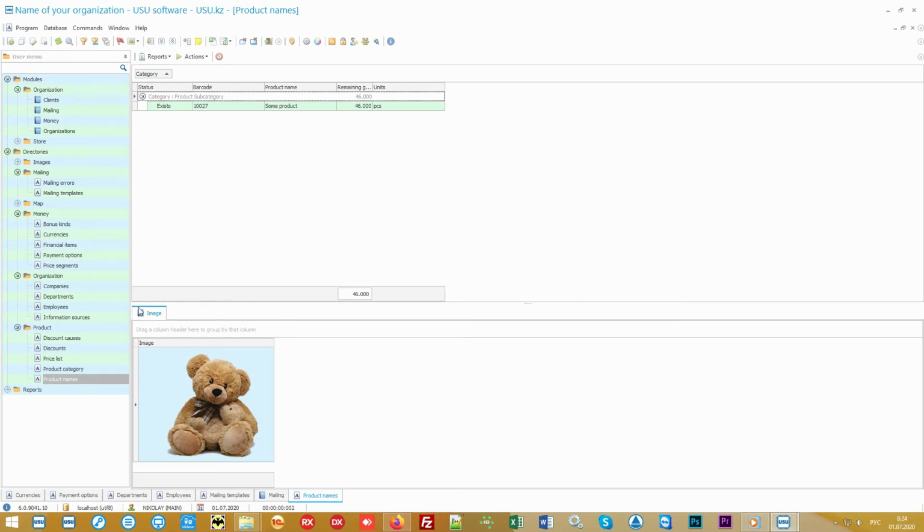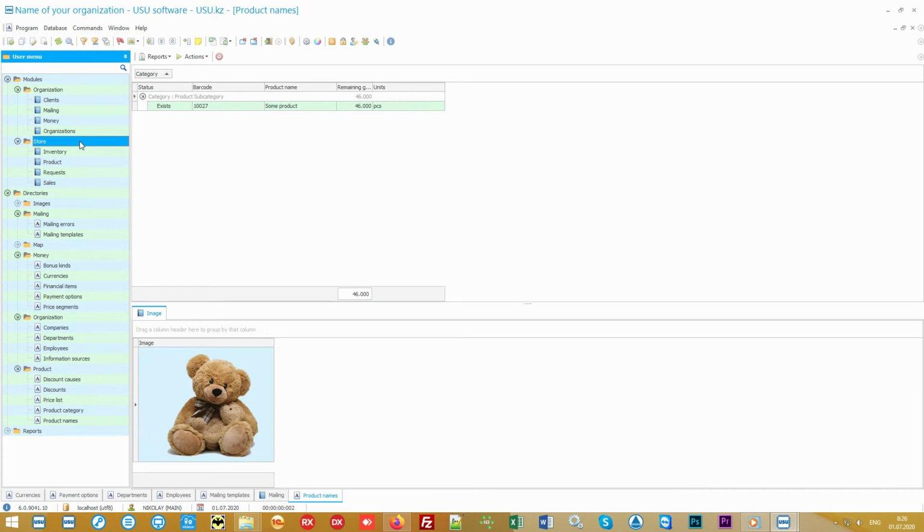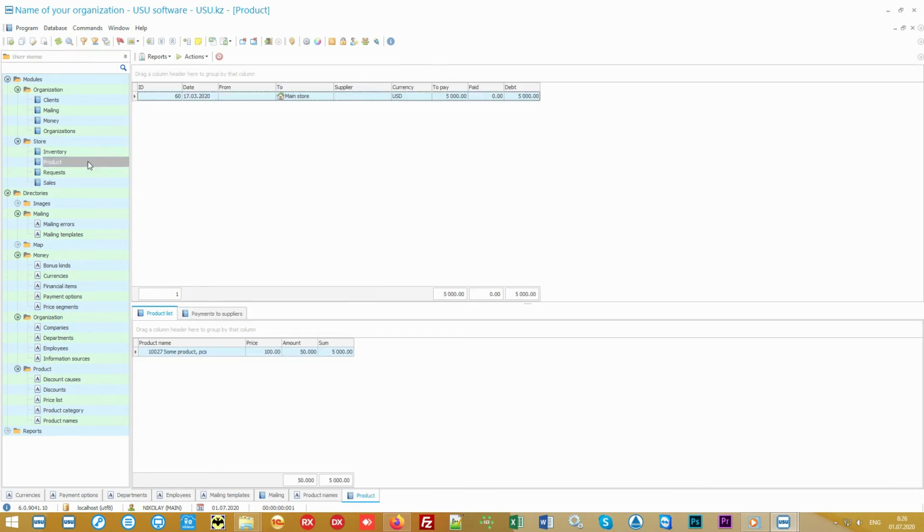Also, for clarity, so that employees are not confused, you can upload an image for each product. Keep in mind that our software provides you with maximum efficiency. Therefore, the import of data from a spreadsheet can be used not only when loading the initial balances, but also after each new arrival. All arrivals are in the Product